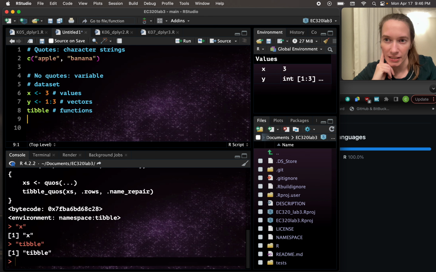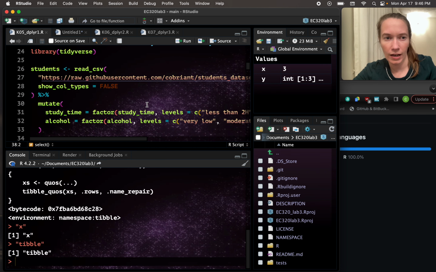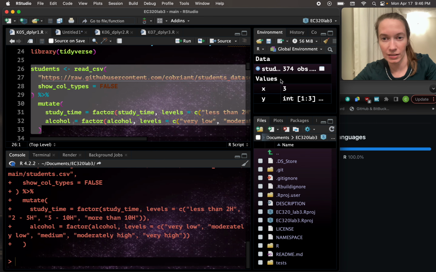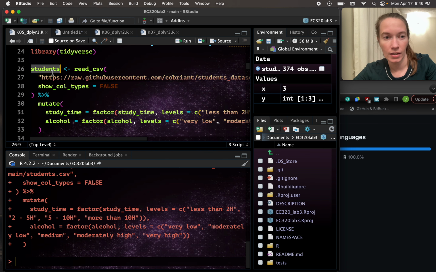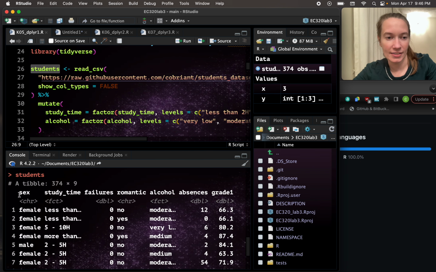Let me know if you have more questions about that, but hopefully that helps build some intuition about when to put quotes in and when not to. And you can see in Cone 5, I load the same dataset, students, as you worked with in Cone 4. Let's run all this code to bring the dataset students in there. And then I can say the name students, not in quotes, because it's a variable that refers to our dataset. And the column names,